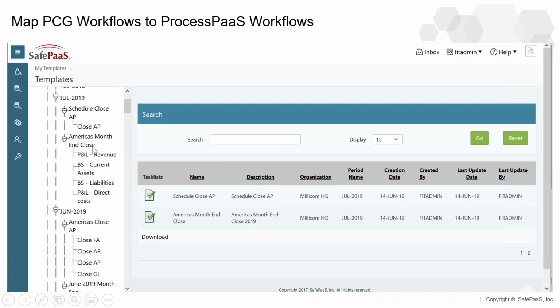So in America, as our month-end close, we start with a revenue account analysis and balance sheet analysis, and they can be multi-level. So it's unlimited how many levels you go down. I've just got a couple of levels here just for demonstration purposes. And then the end user can see this in their dashboard, what steps, what checklist they need to complete